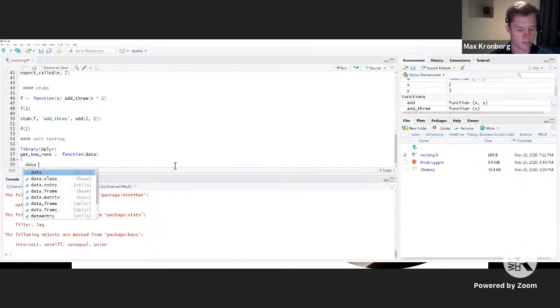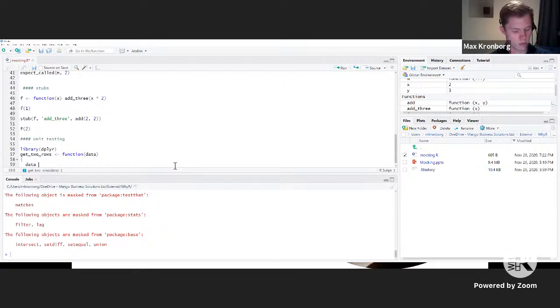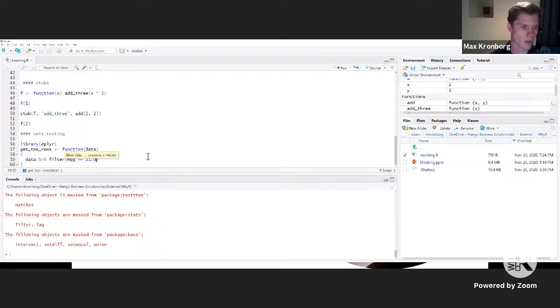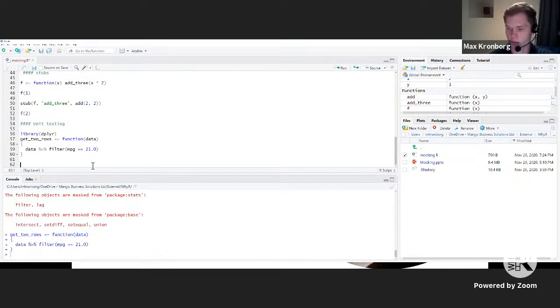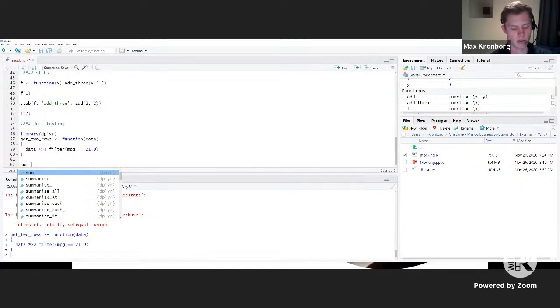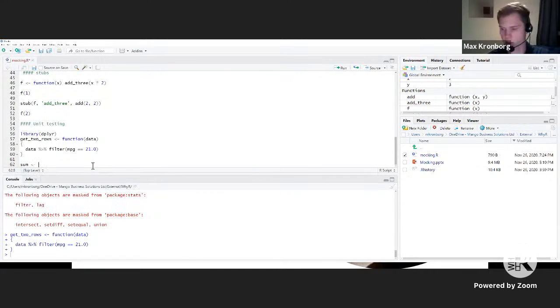So there we go. We just want to basically get 2 rows from this data set. So we want where miles per gallon is 21. And we're then going to define another function, which we'll call sum for summary, because I don't want to overwrite any other functions.